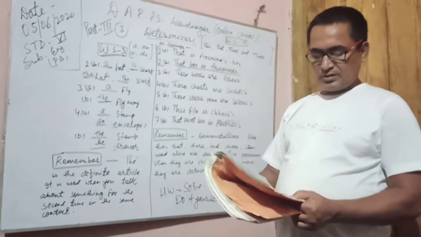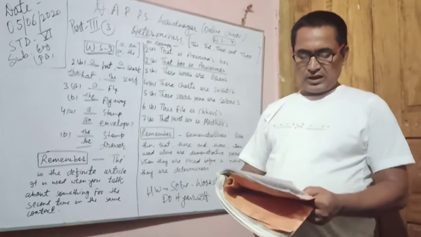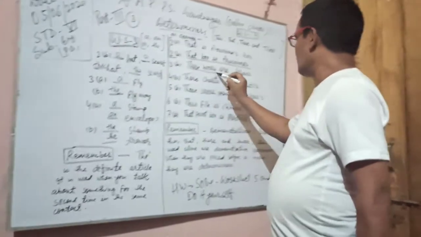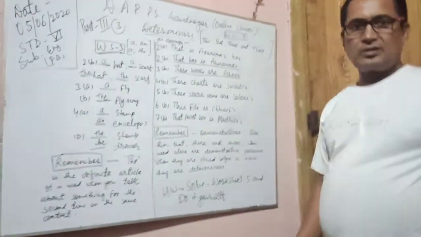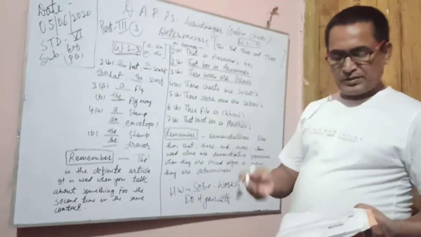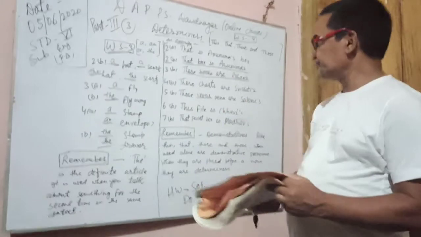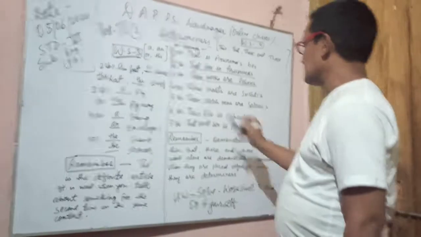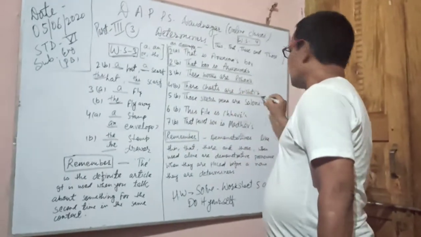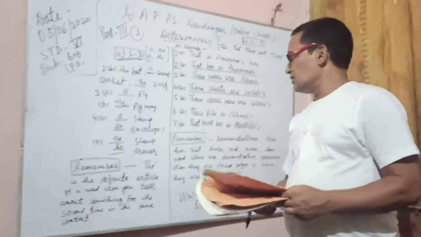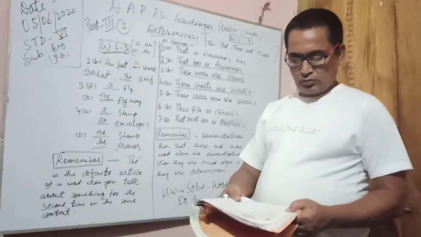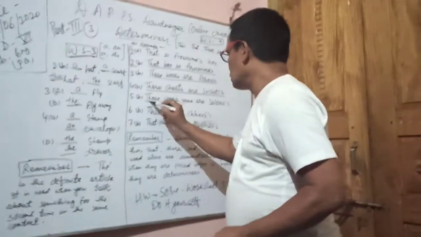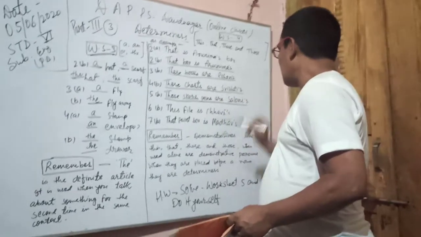Question 3a, these are Rohan's books. Now you have to use determiners: These books are Rohan's. See your pages of worksheet 4, chapter determiners. 4a, these are Srishti's charts. Answer: These charts are Srishti's. Question number 5a, those are Saloni's sketch pens. Answer: Those sketch pens are Saloni's.